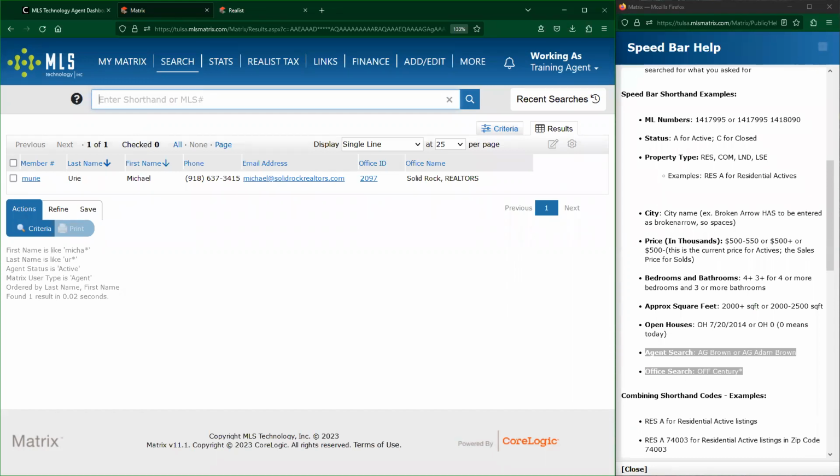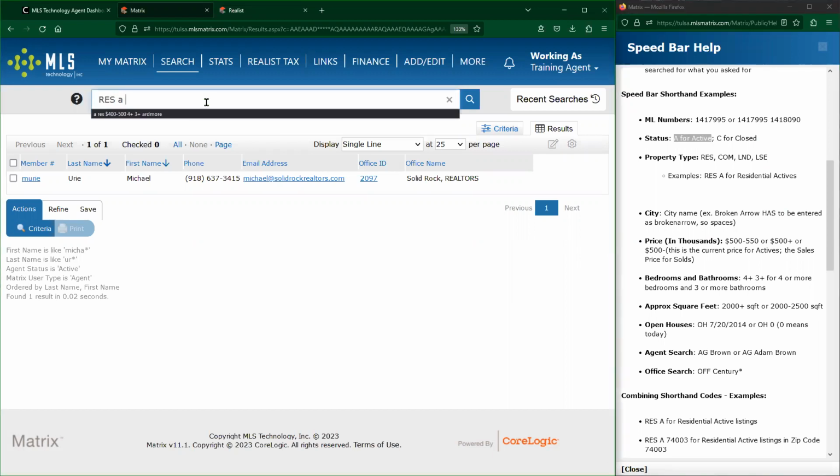often, but let's say that I actually wanted to search for residential properties. So I'm going to type in res, indicating that that's the property type. A for the transaction or the listing status. So A for active, P for pending, C for closed, W for withdrawn, and so on and so forth. And we can add in additional things like, again, let's say the city that we want to use. Let's do,